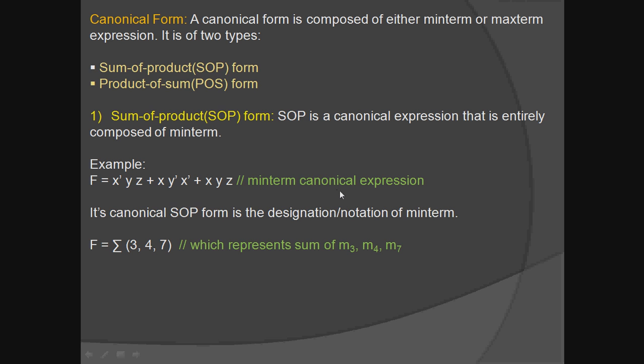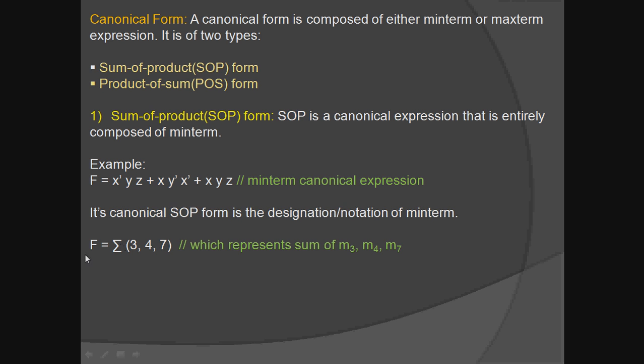A min term canonical expression. Why is it a min term? Because you can see that we are using the dot operator, that is the logical AND. We are multiplying, so this denotes x into y into z, plus x into y complement into z, plus x complement into y into z. Clear? Now to find its canonical SOP form, that is the designation or notation of min terms, we write in this format: